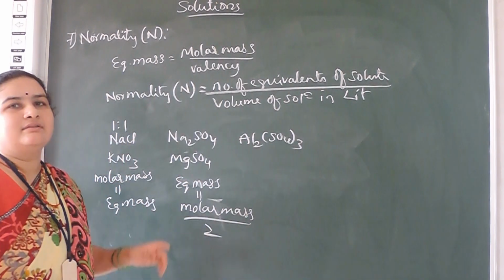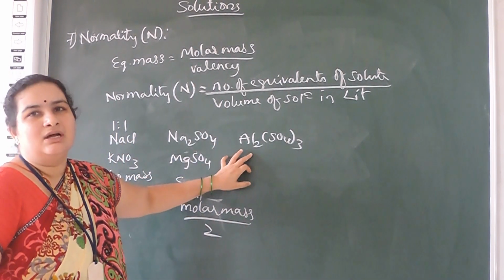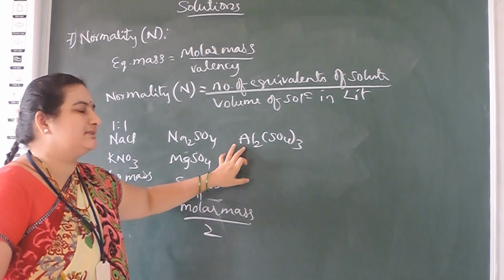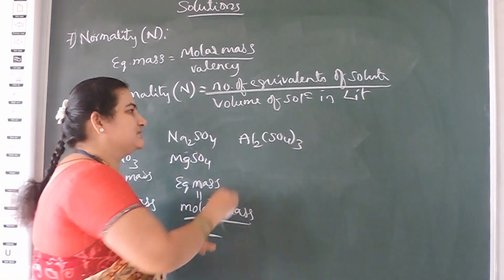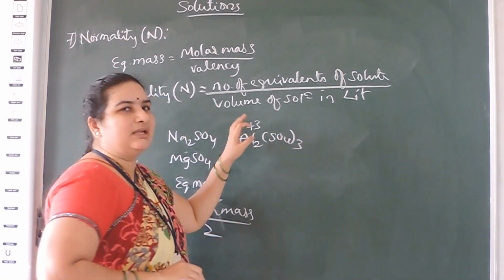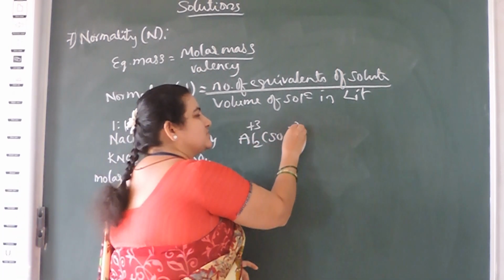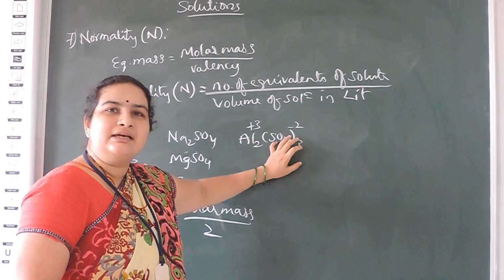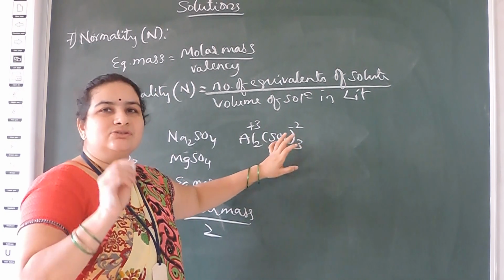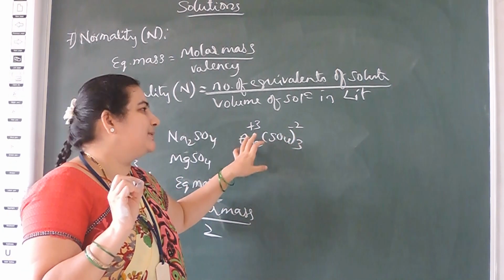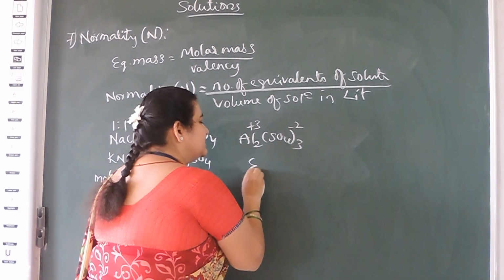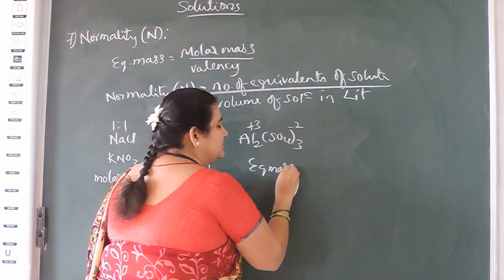Is it clear? Now, next, for this compound, Al has plus 3 valency, so the total cationic valency is plus 6, and SO4 has minus 2 valency, so the anionic valency is minus 6. So the net valency of the compound will be 6. So for the equivalent mass calculation, we have to